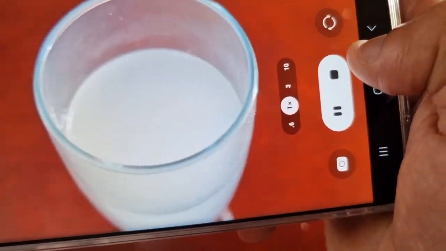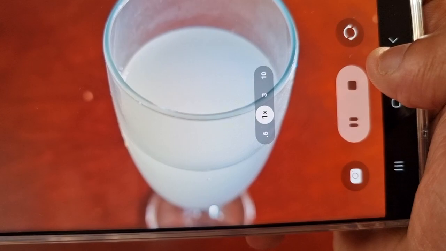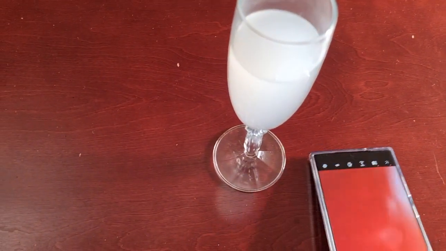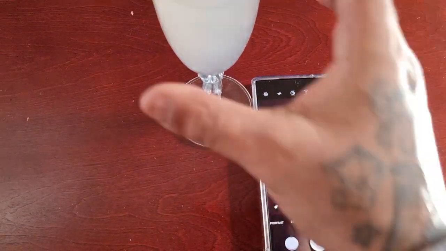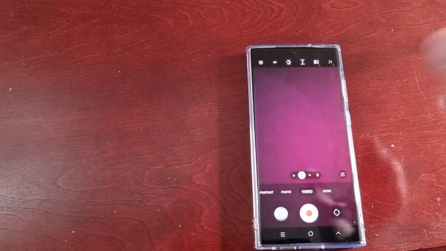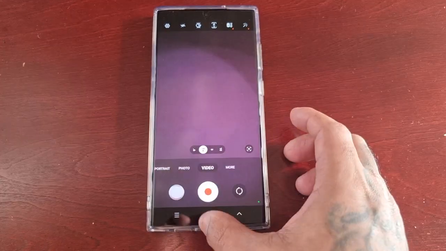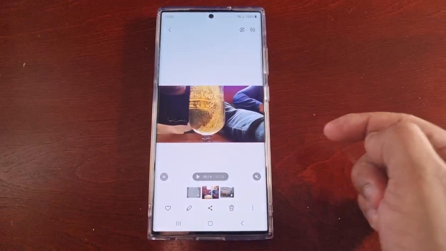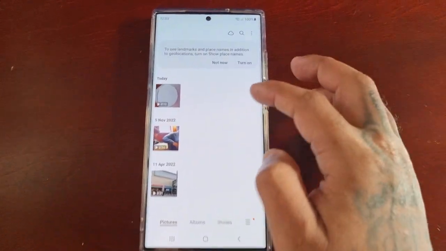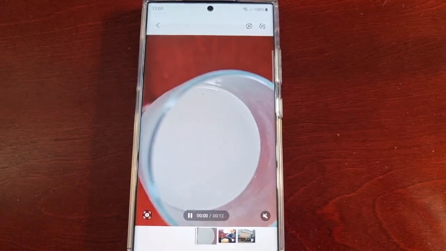So you can just record your video. And then go into the gallery, look for the video that you've just recorded,